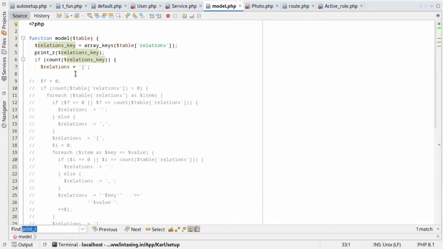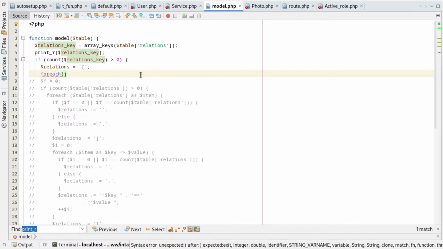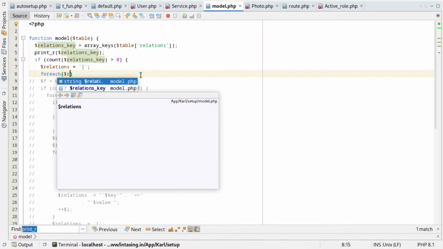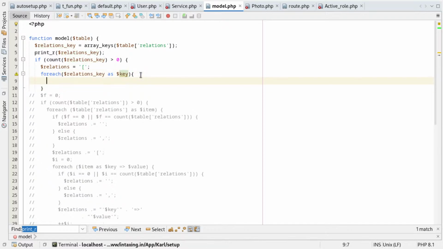Okay, so if it's more than 0, then only we actually gonna perform this function, so something like that. And then we are going to for each relation keys as key, so something like that. And every time we are going to